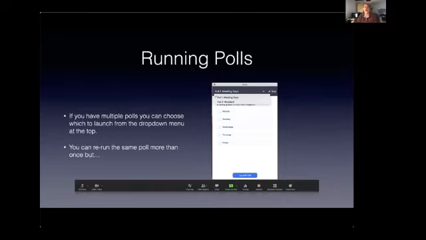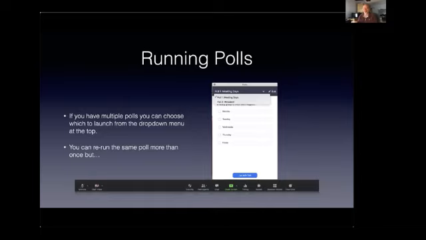I haven't found any practical limit to it, and you can launch them then from the drop-down menu that appears when you click on the icon in the toolbar. It doesn't appear if you haven't set up any polls, obviously. You can rerun the same poll more than once, but if you do that, you won't be able to get a report from the first time you run the poll.